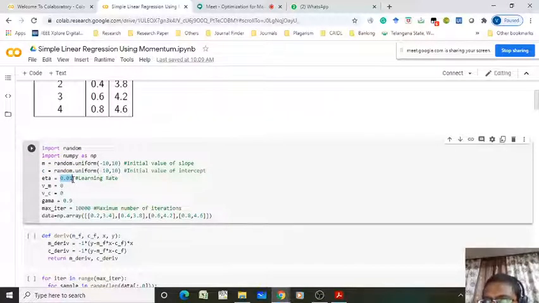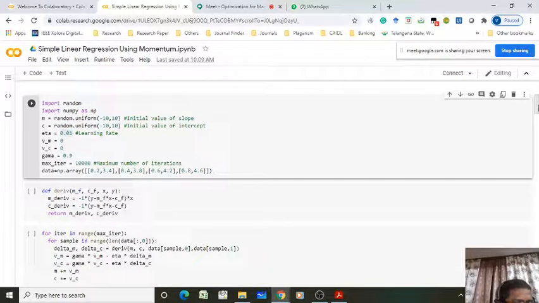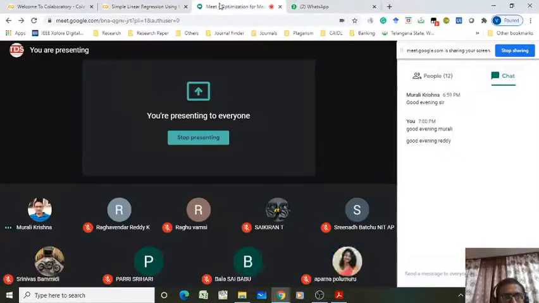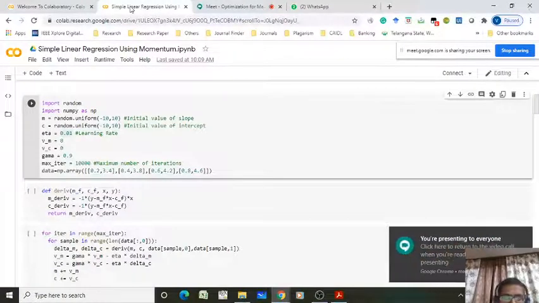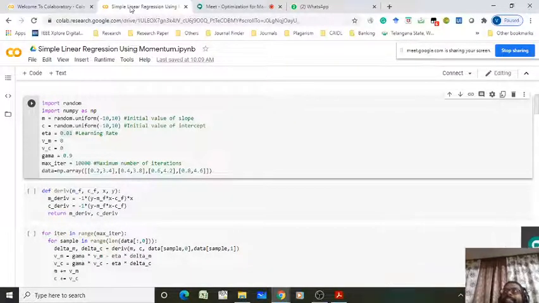What else do we have to initialize in momentum? What do we have to initialize in the case of the momentum optimizer? In step 1 of the momentum optimizer, what all do we initialize? Gamma, yes. Gamma 0.9 and